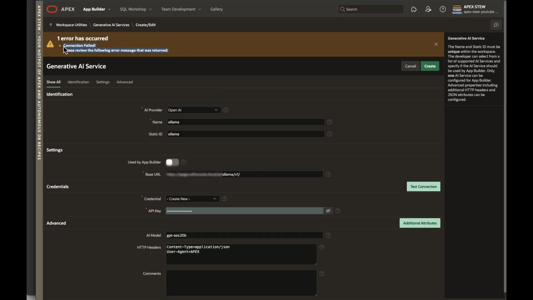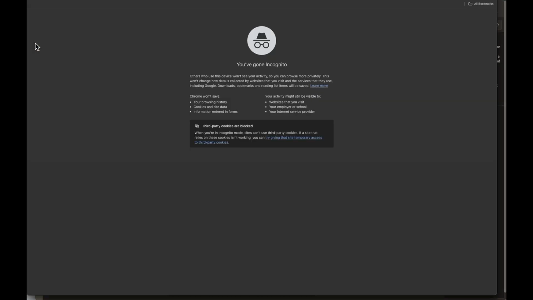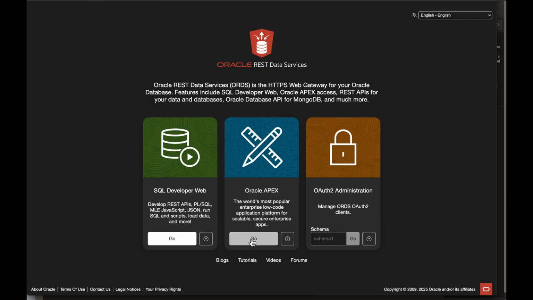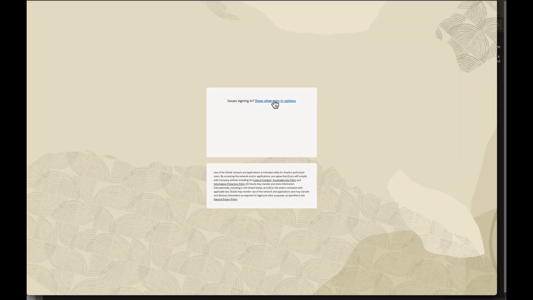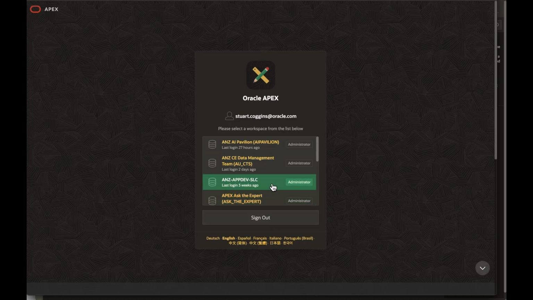So how do I check that out by setting debug on? Well, I'm using Chrome here. If I use an incognito session, I could use Safari or another browser. I'm going to log into the same instance. And once we're logged in,